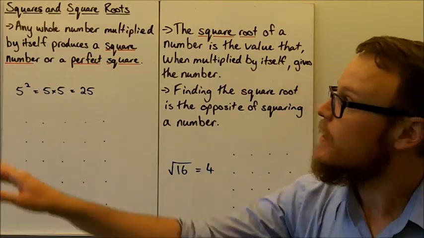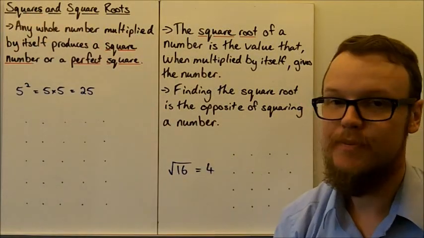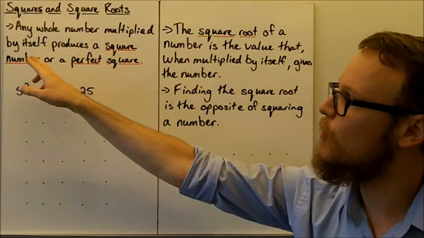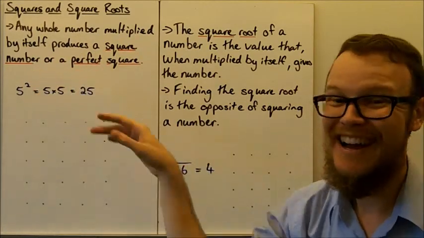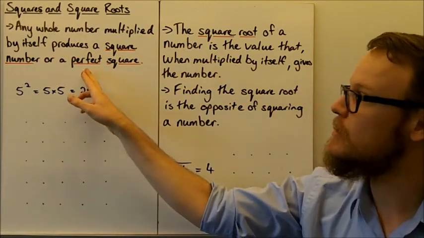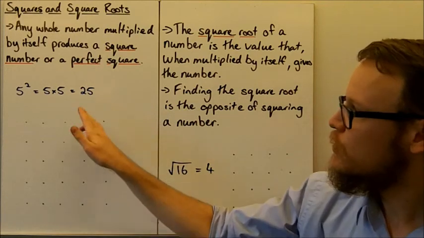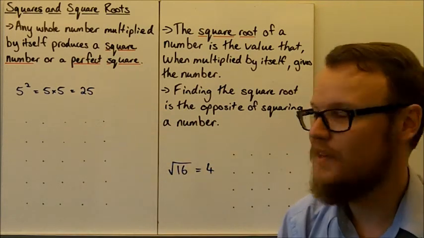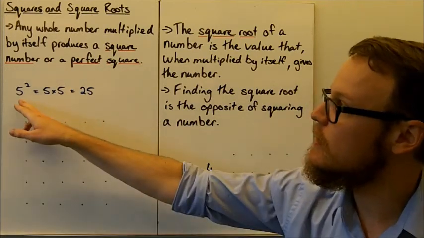Today we're going to be looking at squares and square roots. Any whole number multiplied by itself produces a square number. Another name for a square number is a perfect square. 25 is an example of a perfect square because it can be